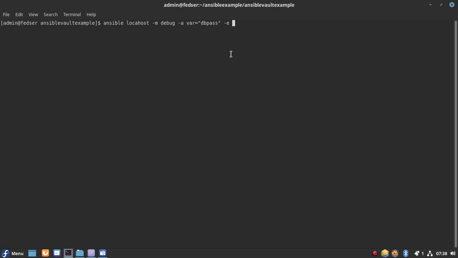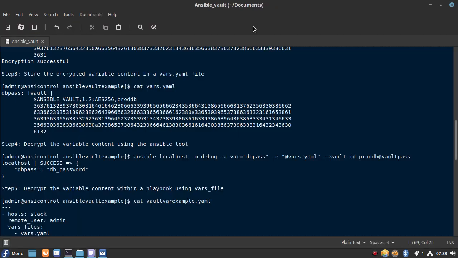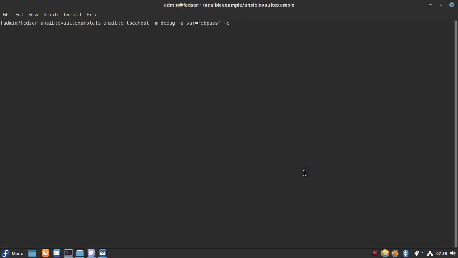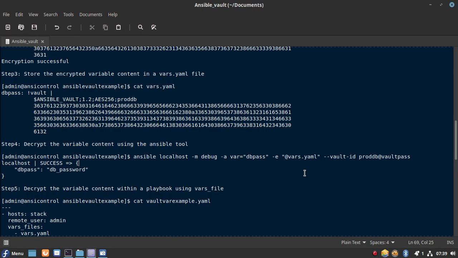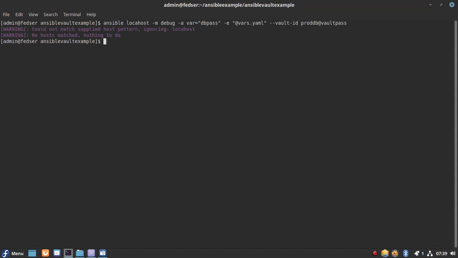Here the variable dbpass is the variable which we want to decrypt, and that is contained within the vars.yaml file. Once this command is ready, we need to pass the vault id, that is prod db source @vault pass. Let's see what exactly we get.